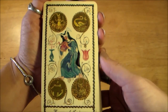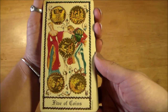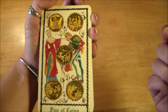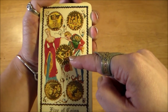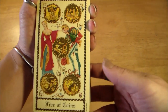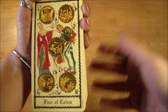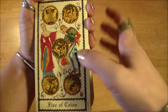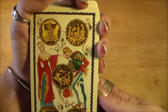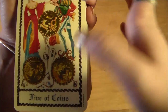And then Attila with this card, it's all about like a gift. And then here is your five of coins. This has those Martian associations, or Attila associates it with Mars. And here you can see this couple being overtaken by their senses, basically. And then the Attila version is just lovers in general. They're being sort of swept away. And you can see all these images of like destruction and war and things being sort of destroyed almost here